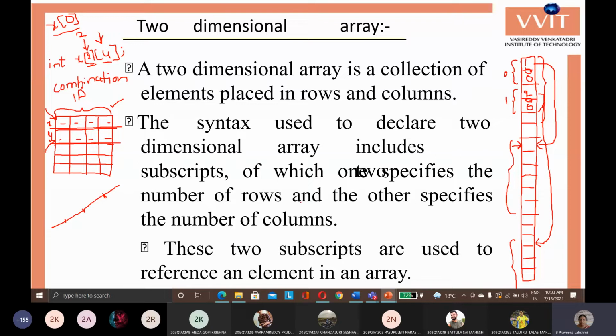Next, whenever you want to access a particular value, you require two subscripts, that is the row subscript and the column subscript, because your values are in the column locations. The row index is only to refer to that column address. The column address is nothing but the element address. So you require two subscripts to access any particular value within the two-dimensional array. You need to give the row number and also the column number. Then only you can access a particular value.